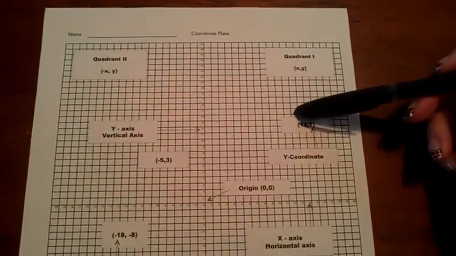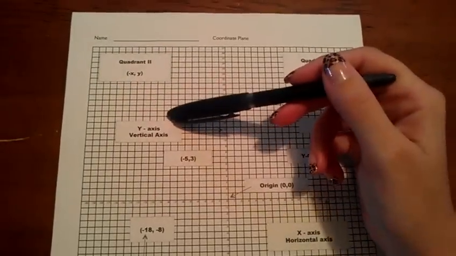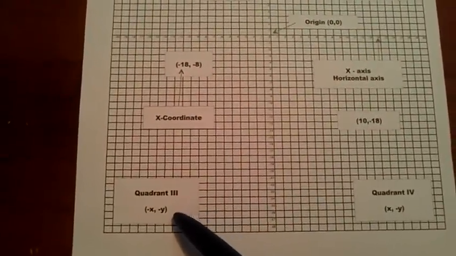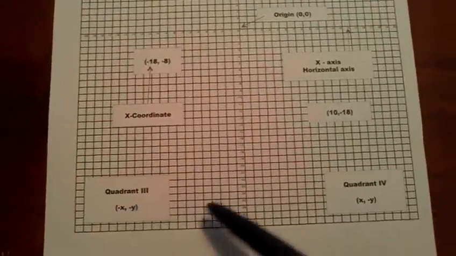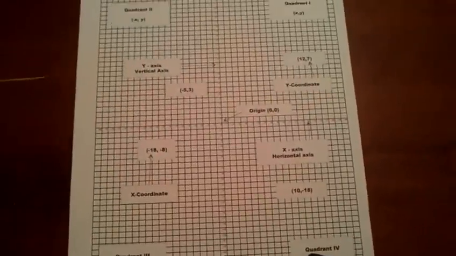Any point in quadrant 1 is going to be positive, positive. Any point in quadrant 2 will be negative, positive. Any point in quadrant 3 will be negative, negative, and any point in quadrant 4 will be positive, negative. So,